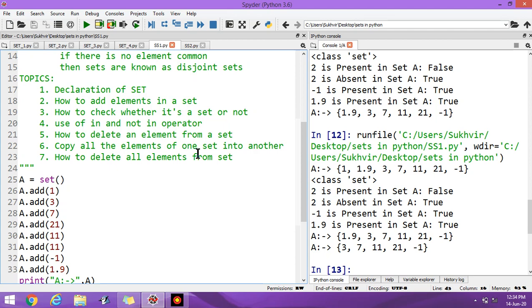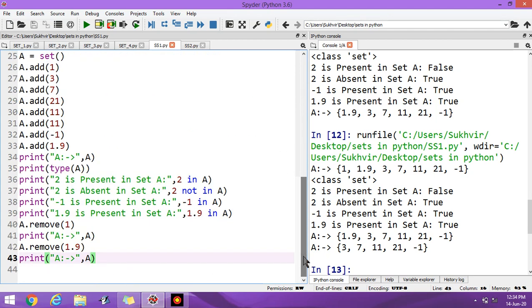Next one is copy all the elements of one set into another set.